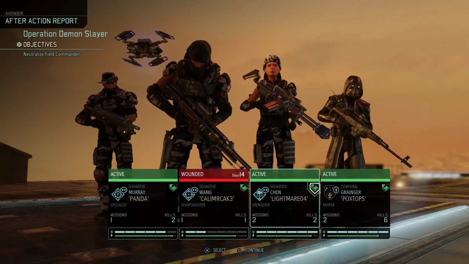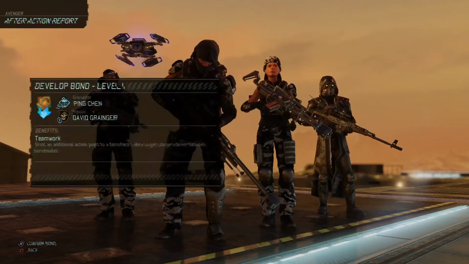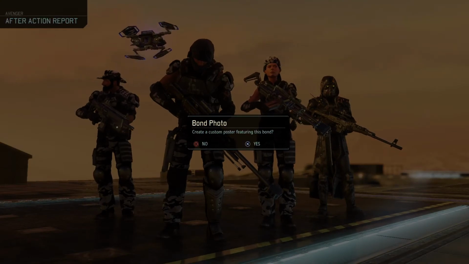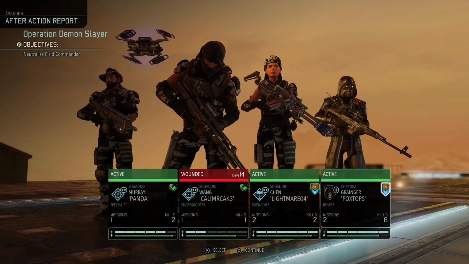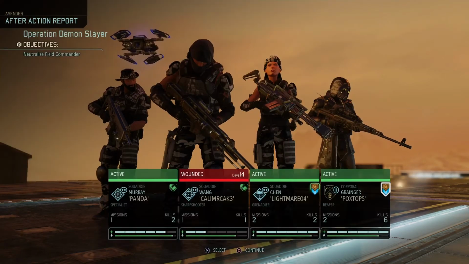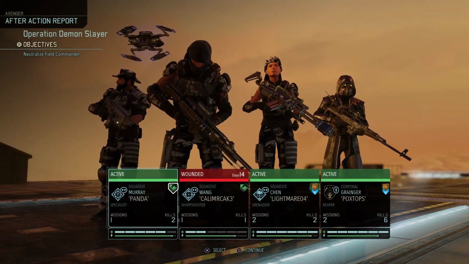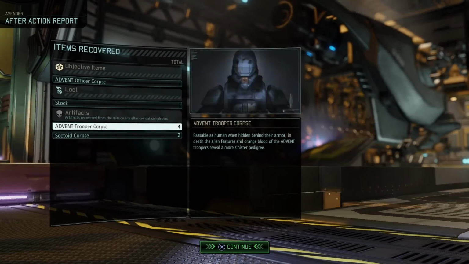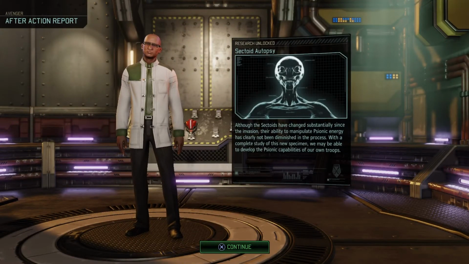And also, I was able to form a bond between Lightmare and Pox. So I went ahead and did that. It's teamwork. It's a pretty neat ability. Works out really well. As long as one of them doesn't get taken out while they're on a mission, we should be fine. I decided to check the other bonds. A couple of them are pretty close to coming through, but there's another cutscene. So